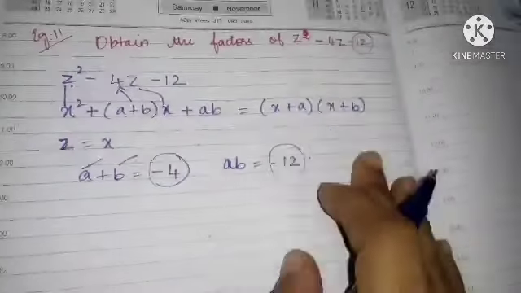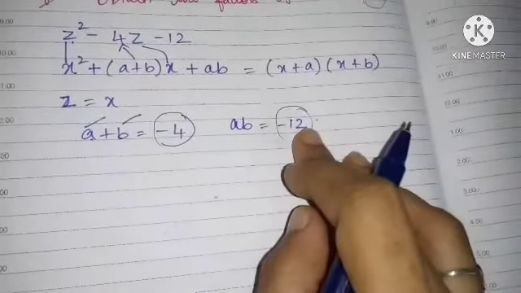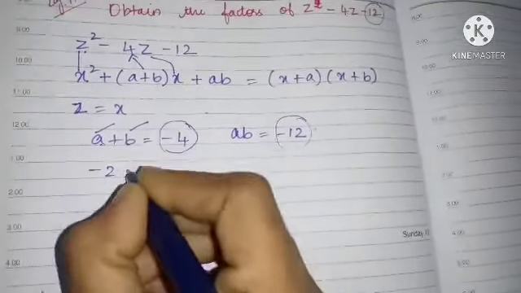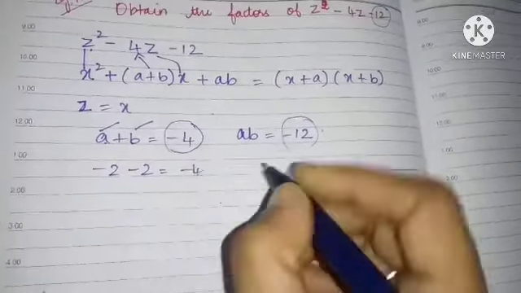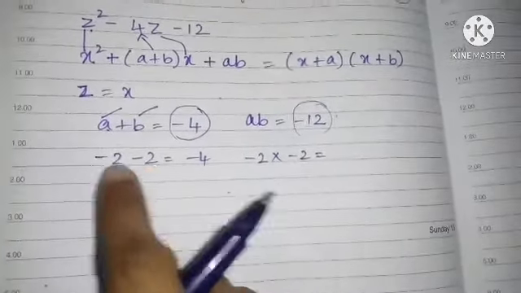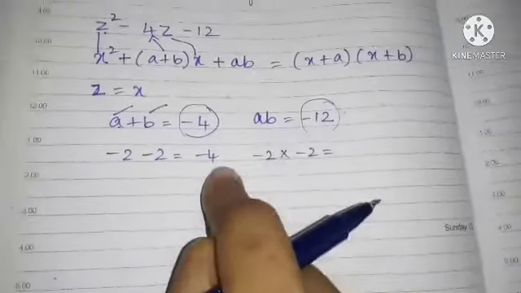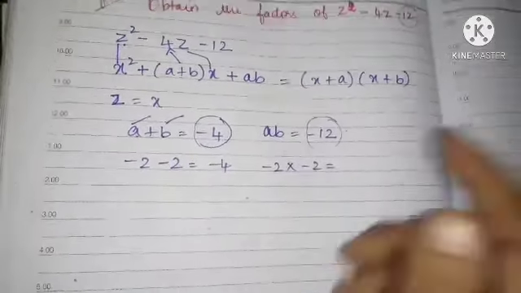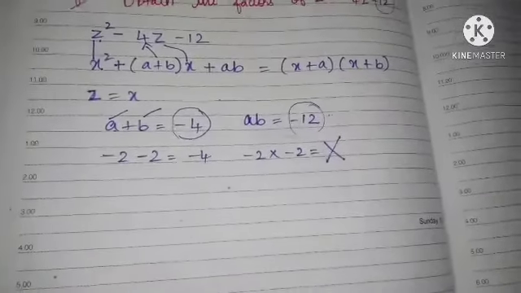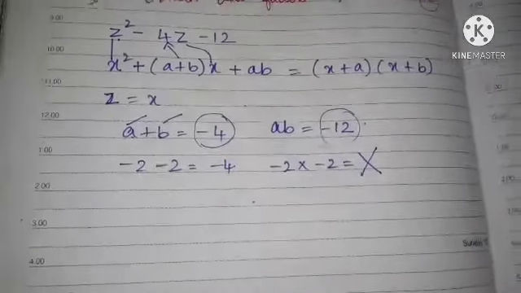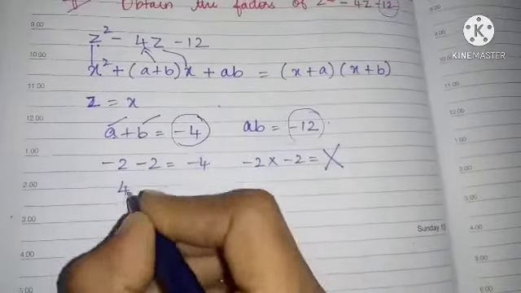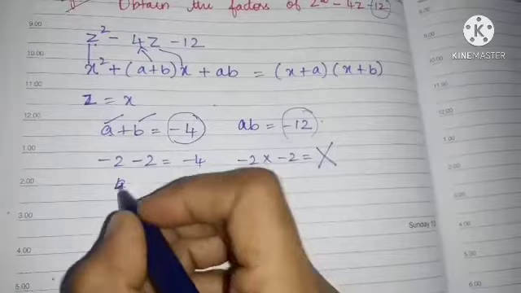Okay, so now for 12, what are the possibilities actually? What is the possibility to get 4? Minus 2 and 2 you will get 4. But when I do minus 2 into minus 2 you will get 4, and minus 2 plus minus 2 is minus 4. Minus 2 into minus 2 you will not get minus 12. So that possibility is not possible. Next,